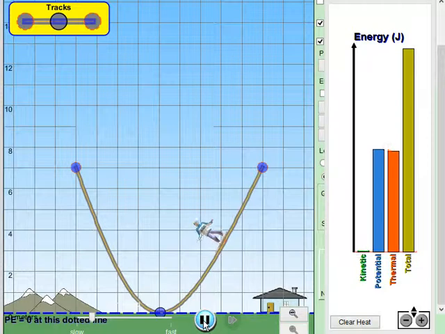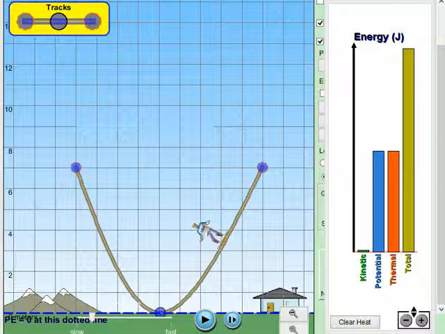I'm going to pause as soon as it turns. There you go. I've paused it. And it seems like the kinetic energy is 0, almost 0 at this point, because I was supposed to pause exactly at the point it turns. That means that his velocity should be 0 at that point. Yeah, if he's just going to stop and turn, that means the velocity is 0. And what you see here is that the height is a lot lesser than 7 meters. It seems to be between 3 and 4, approximately 3.5 meters.